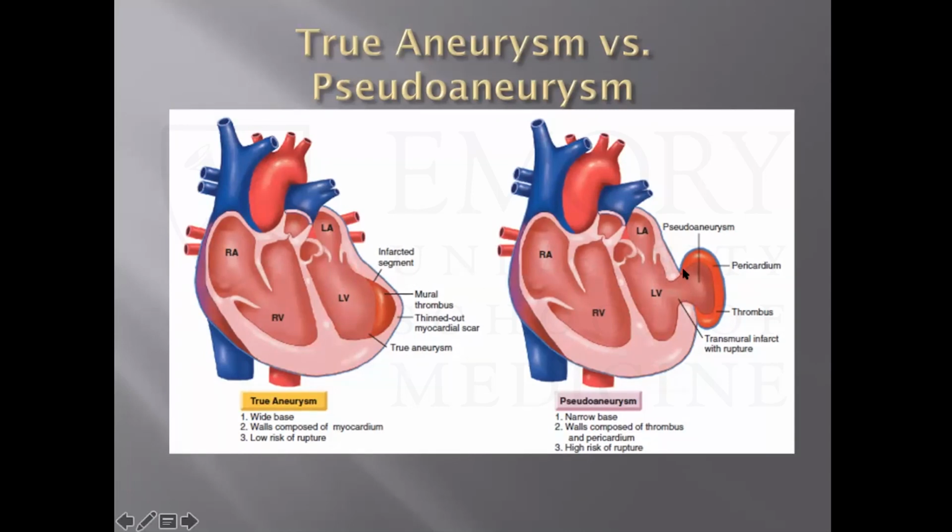So this is just a cartoon depiction of how an aneurysm differs from complete enlargement of the LV versus just a focal blowout, and then this sort of pseudoaneurysm cavity that develops around the ventricle. You get a large burden of clot inside these. You can get clot in an aneurysm as well, so you have to think about that with both of these. Much higher risk of rupture in the pseudoaneurysm setting.